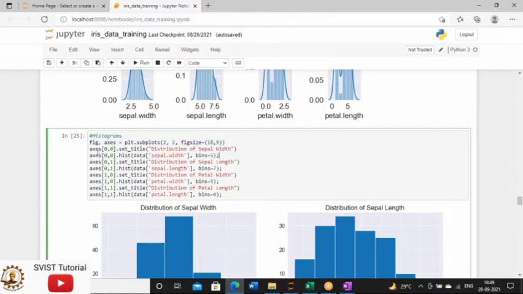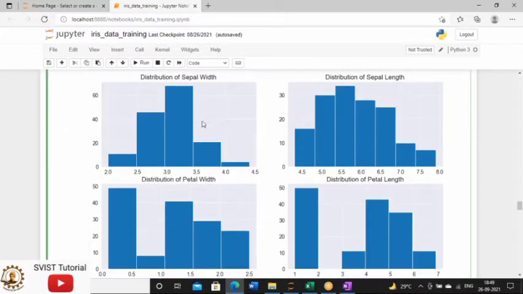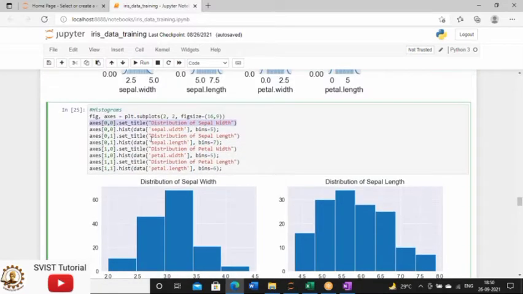Now we have to plot all the axes one by one. So this is 0 0. All these plots are represented in terms of a matrix. So 0 0 means the first one, which is responsible for holding the sepal width column. So this axis 0 0 will show the sepal width column.